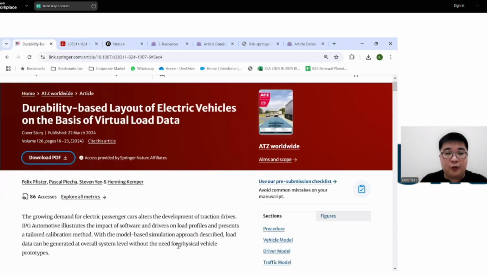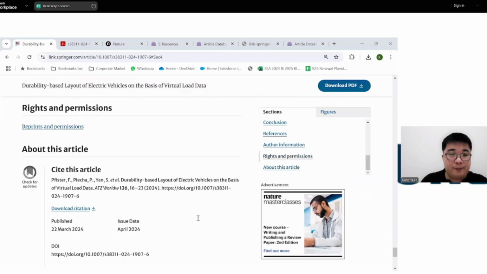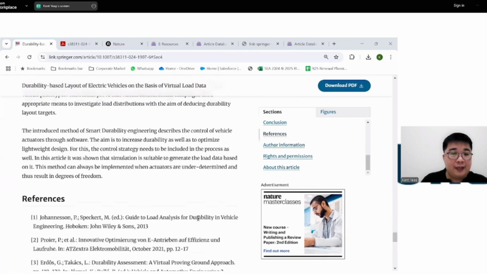Otherwise, what you could also do, going back to the homepage of the article, is that there should be a link at the bottom.